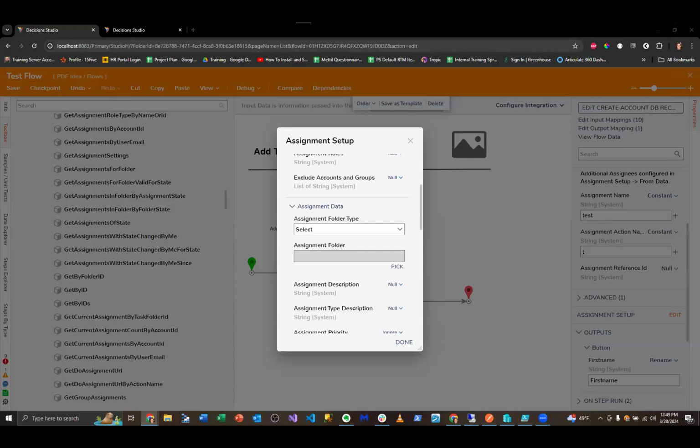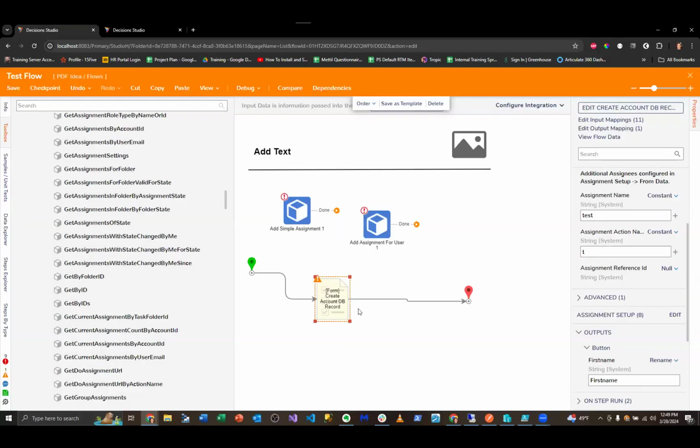Assignment folder storage. That's what I'm gonna call it. Get folder ID. All right, cool. And I'm gonna say, let's do this from flow. Assignment folder ID, cool. I'm gonna paste this. So now what I can do is,